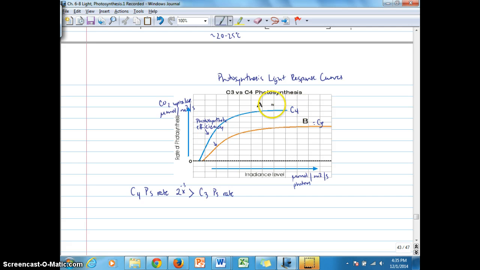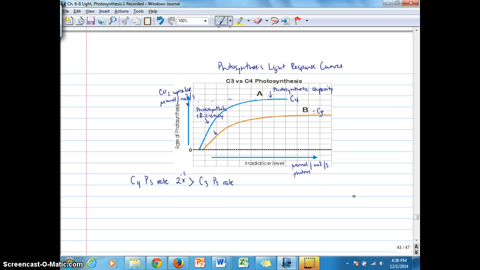They also have, remember, this part of the curve we refer to as photosynthetic capacity, which reflects back here to the y-axis as the maximum photosynthesis rate. You can see that the photosynthetic capacity of the C4 plant is also much higher than in the C3 plant. Again, because they are making more ATP, more NADPH,